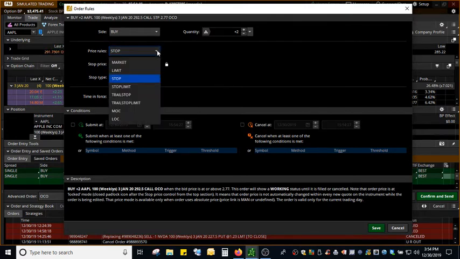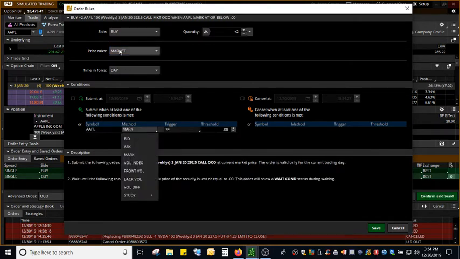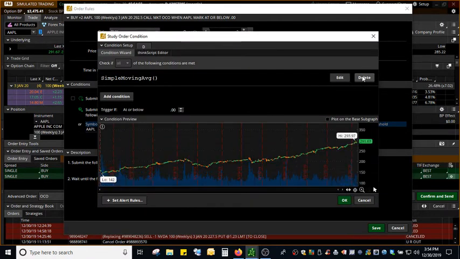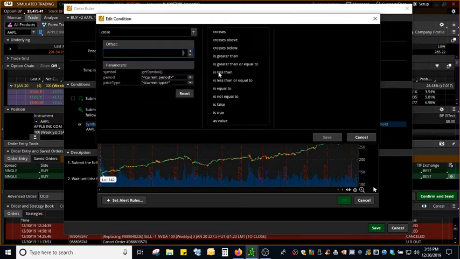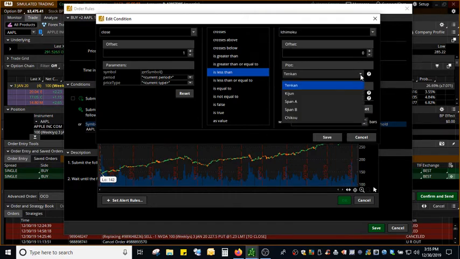That's something I'll have to play around with, because you normally do market, stop on market. Well, yeah, you could do the same thing. You do market, day chart, and you do the same thing, but price close is less than study Ichimoku, and this one you would change to Kijun